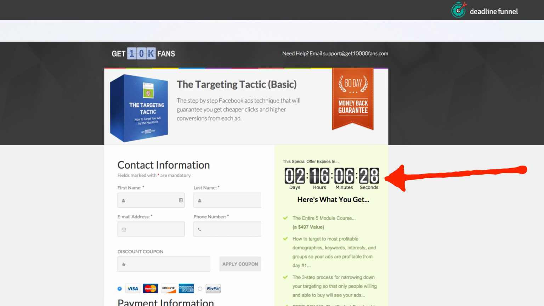Especially since the time is pretty short here. In this case, though, it's 2 days. That makes a lot more sense. But in my example with virtual summits, we only have like 14, 15 minutes. That's kind of why this is a two-day countdown. So in this case, it definitely makes sense to have the exact same on the cart as on the sales page.